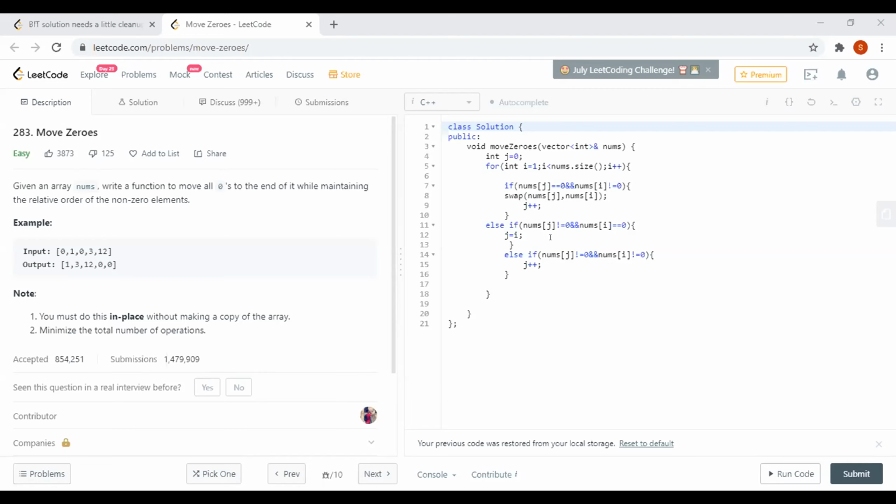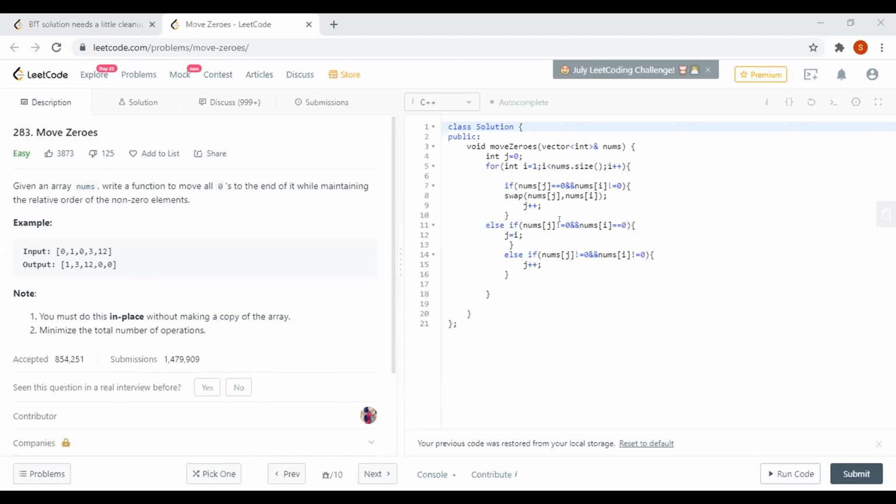When the left-hand side is non-zero, we increase the j pointer. If both are zero, then we increase only i, not j. I have not mentioned that condition over here. And if the j pointer is zero and the i pointer is not zero, then it increases to the next, and my approach changes like that.